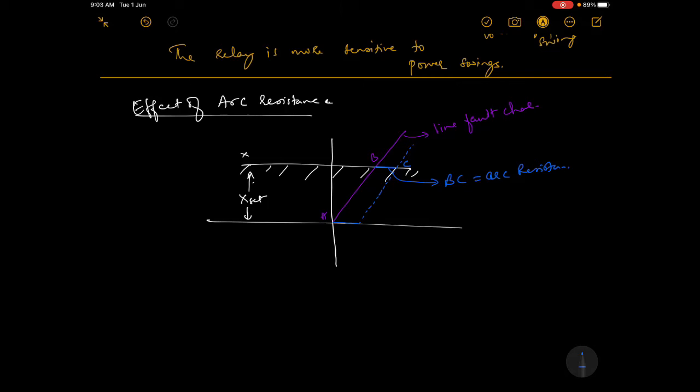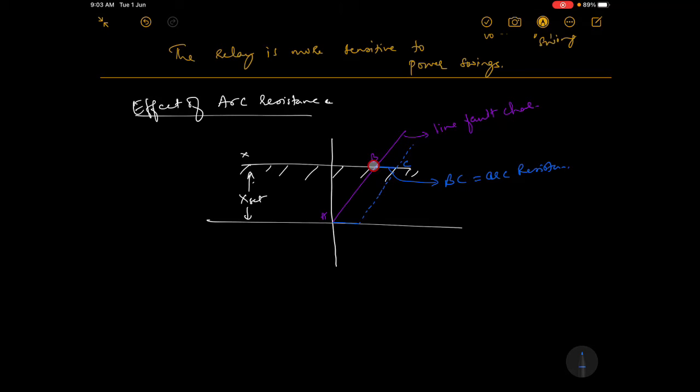But you can see, when you compare to the impedance relay, there was an underreach due to arc resistance. There is no underreach here. Still it is reaching the same point B only. In impedance relay it was reaching here. So this was the impedance it was protecting, the line length it was protecting up to here. There was an underreach, you remember it, right? But here it is still protecting up to the line AB only.